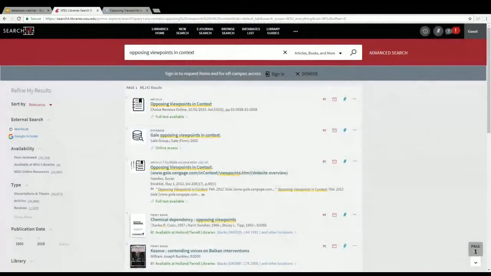So the next one that I want to go into is ERIC, and nobody knows what ERIC stands for at all, but it's an education database, and it stands for Education Resources Information Center. And so, of course, it's an education database. It's going to have a lot to do with education, but also some social sciences. It's got journal articles and books, and I